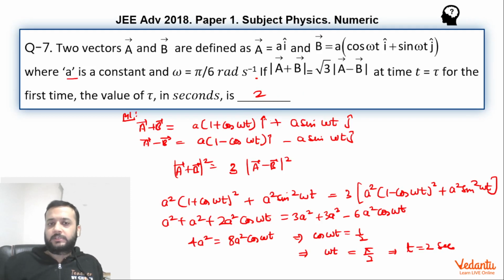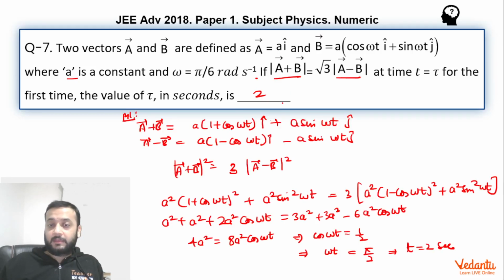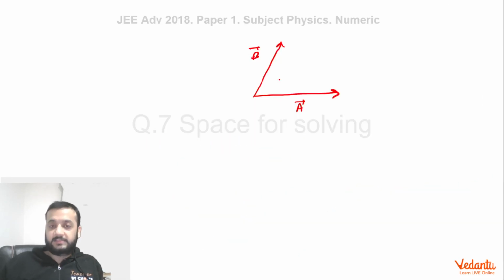So basically B vector will start rotating in the anti-clockwise direction. Okay, so at a certain instant it would be making an angle theta, right? Now you should try to recollect that if we complete the parallelogram using these two vectors, let's say at a certain time, B vector is like this and A vector is like this. Both of them are of equal magnitude a. So this is one diagonal of the parallelogram, and this is the other diagonal. A minus B is the other diagonal. This is A minus B. So we just complete the parallelogram.